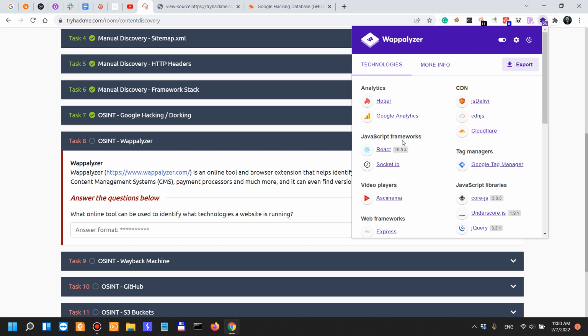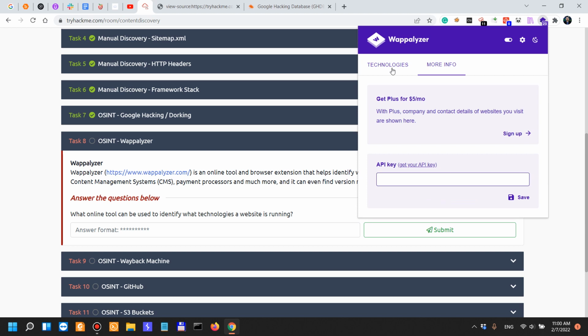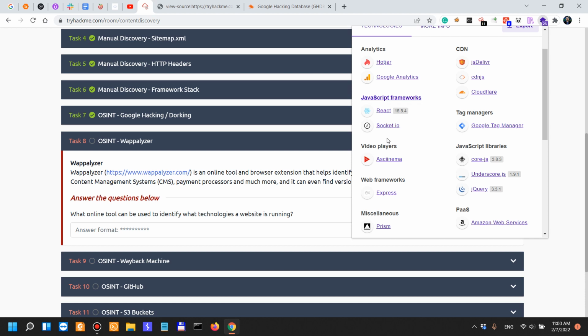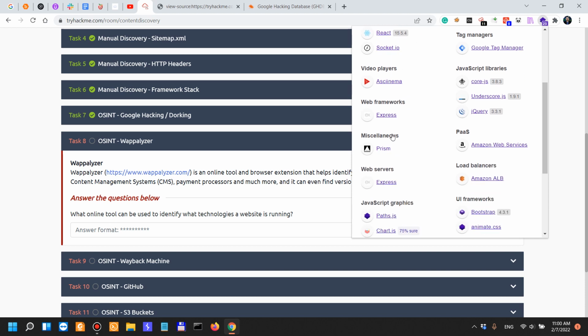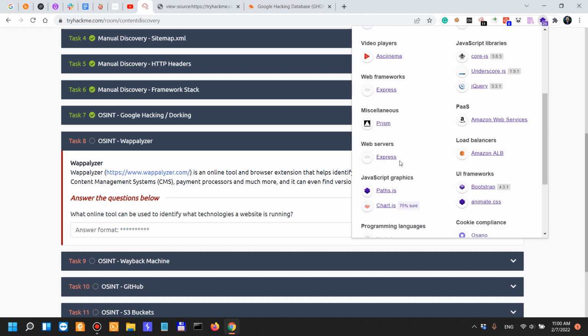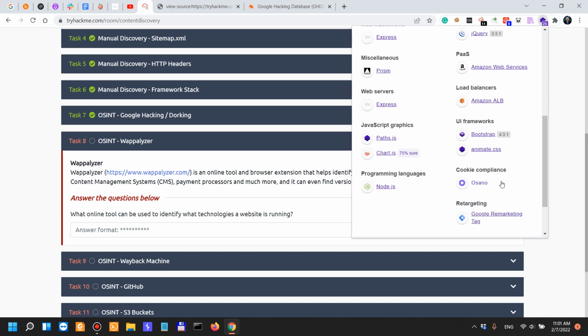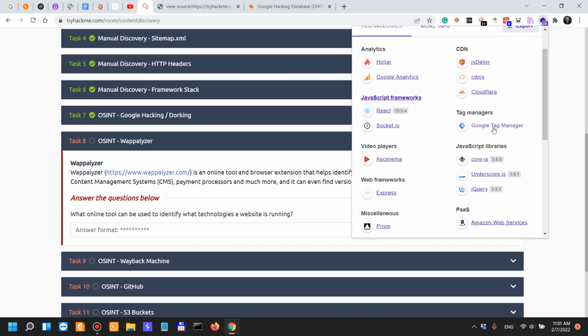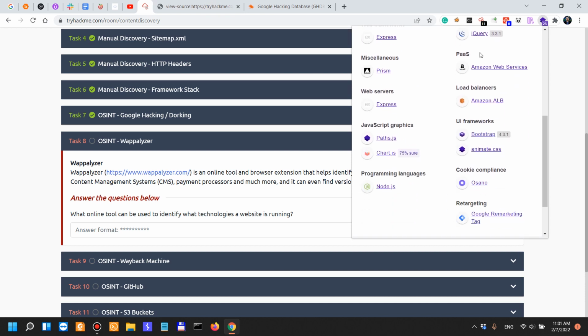by simply looking into the source code or using something like Wappalyzer, for example, where company and contact details of the website are also shown. Not really sure if this is very useful though. So JavaScript frameworks, they use React and Socket.io, they use video players, web frameworks, Express, JavaScript graphics, and if any of these technologies have some sort of vulnerabilities, you can further increase the attack surface just by knowing what's powering the website. Google Tag Manager, we've seen that in the source code, the libraries, jQuery,